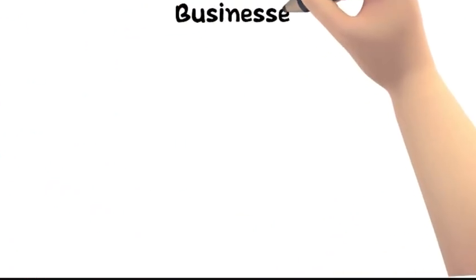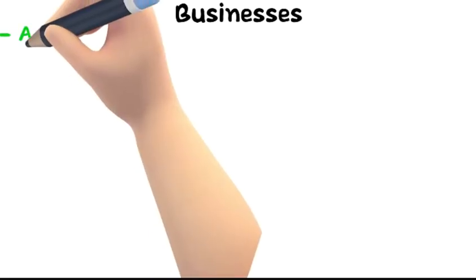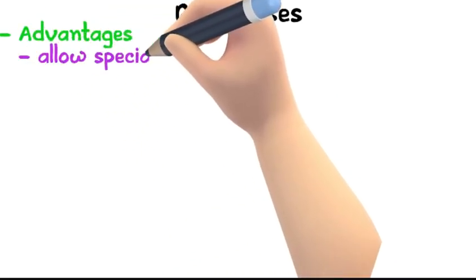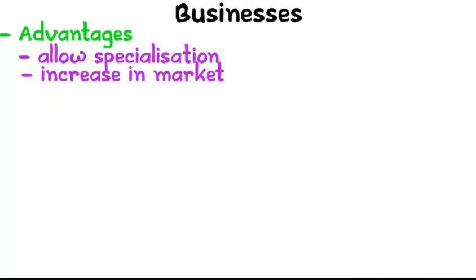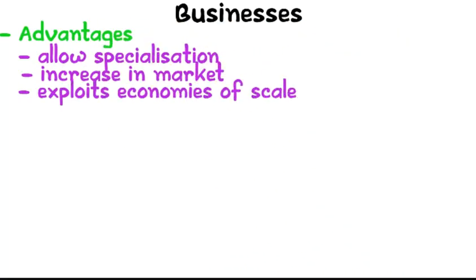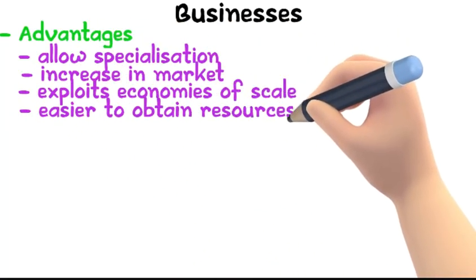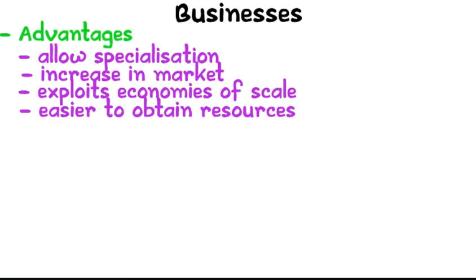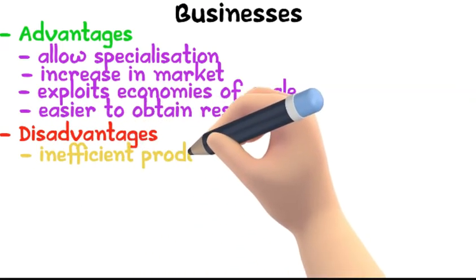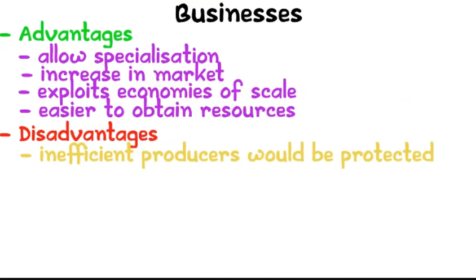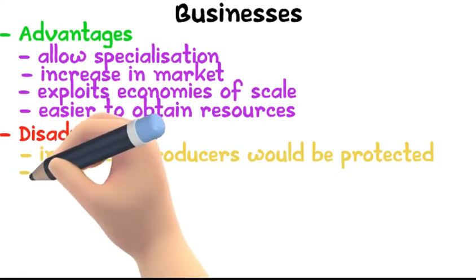Now let's take a look at the advantages and disadvantages of trading blocs to businesses. Advantages: allow specialization, increase in the market, exploits economies of scale, easier to obtain resources, and the counterbalance against globalization, protecting smaller industries. Disadvantages to businesses: inefficient producers might be protected, which would mean harm for customers, unequal resources,